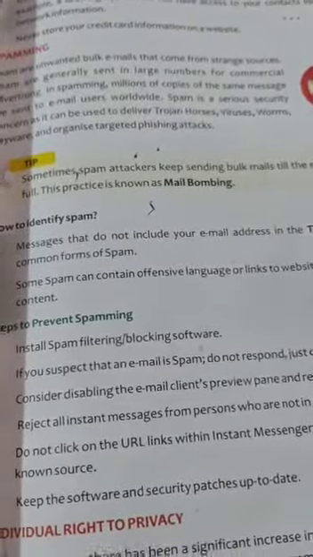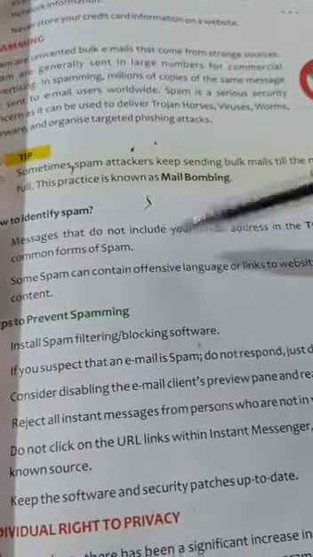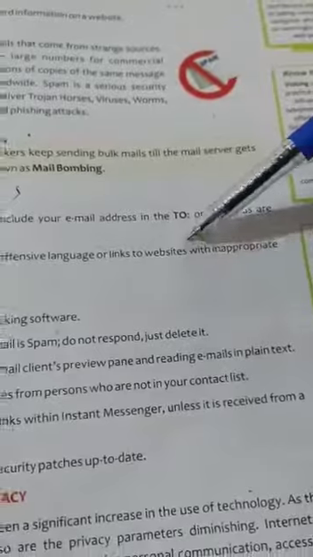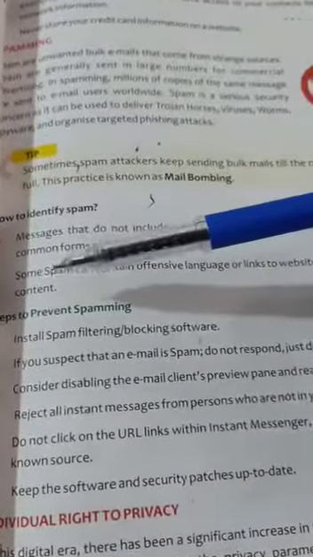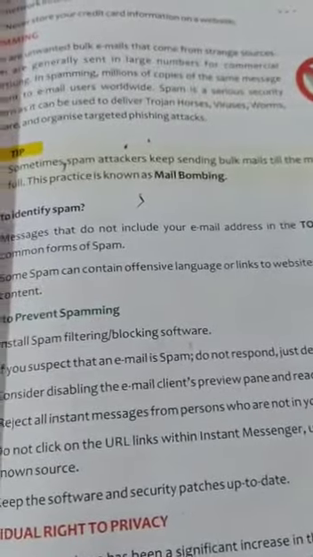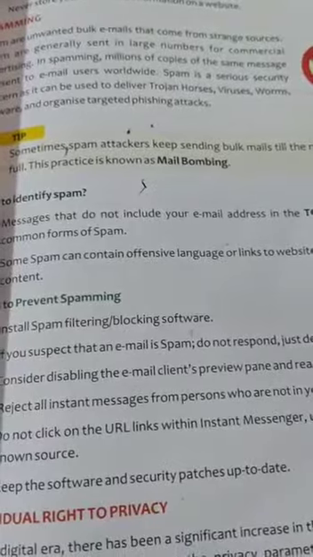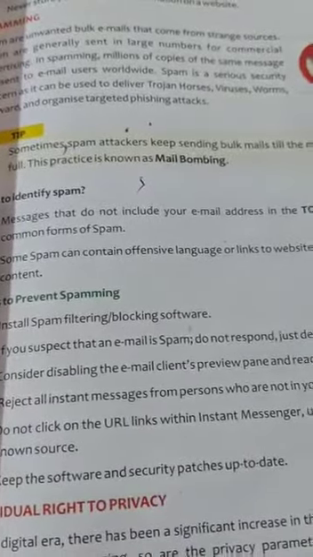Otherwise, it is a common form of spam. Some spam can contain offensive language or links to websites with inappropriate content. So some spam contains offensive, abusive language, or a link to a website which contains inappropriate content.